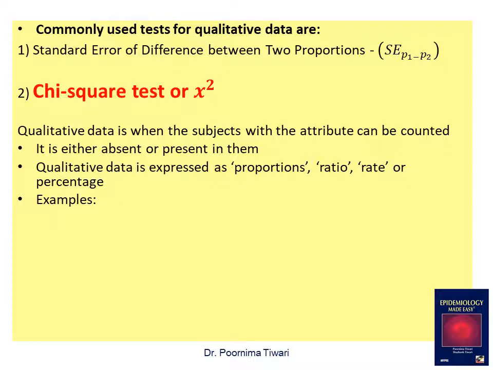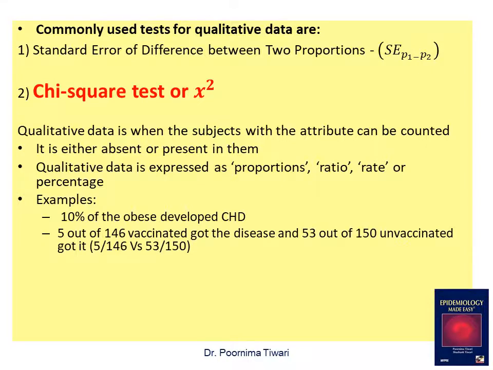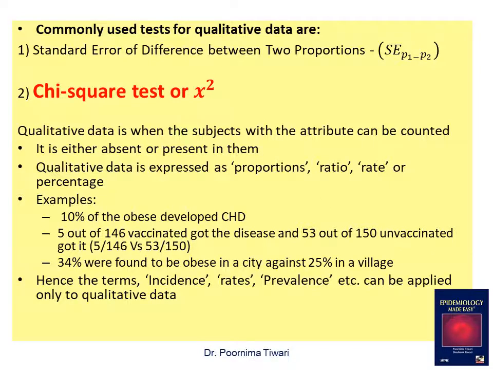Examples are 10% of the obese developed CHD, coronary heart disease. 5 out of 146 vaccinated got the disease versus 53 out of 150 unvaccinated. So we need to compare 5 out of 146 versus 53 out of 150. We compare the two proportions. So the terms incidence, rates and prevalence, etc. can be applied to qualitative data only. In this lecture, we will discuss the